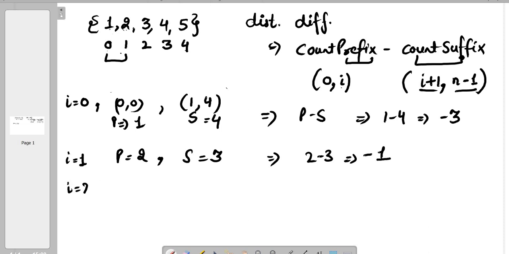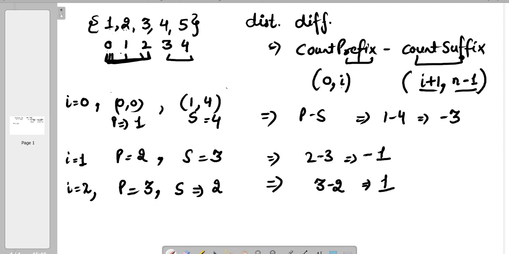So when i is 2, how many elements in the prefix? 0 to 2, that is 3 elements and all are unique elements. So prefix would be 3 and suffix would be how many elements? 2 elements, right? Both are unique? Yes. So 3 minus 2, that would be 1.